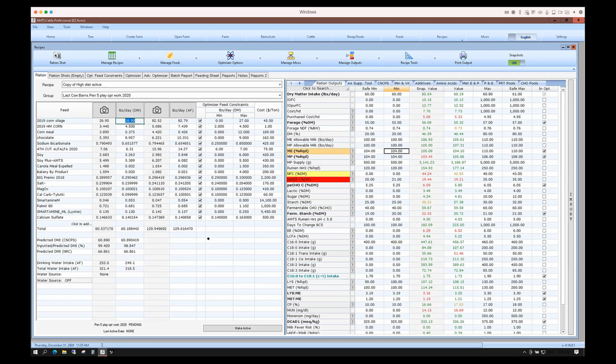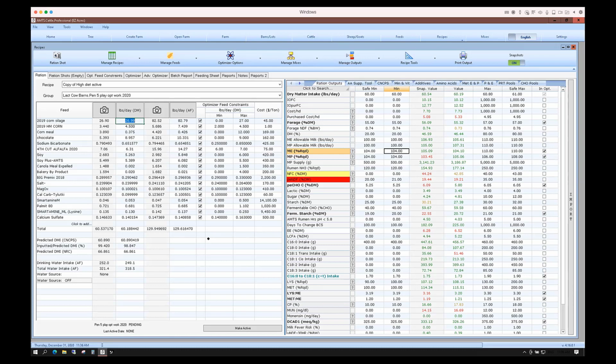Ever since we started testing this version, this optimization, I've been playing with it with real diets, and I've actually been feeding diets that it's returned. I've been extremely pleased. One of our frustrations with the previous optimizer was there were many times where it could not find a solution, or the solutions it was finding were very similar to what our base diet was. That is not the case with this new optimizer.